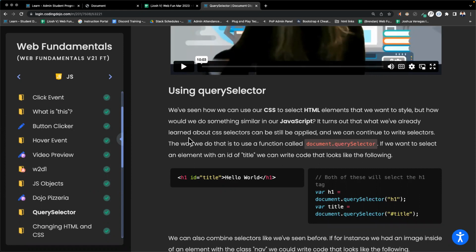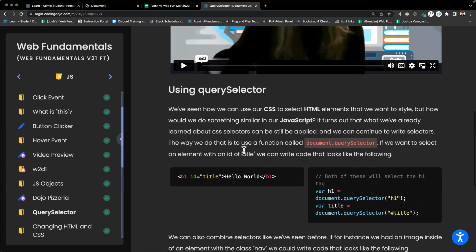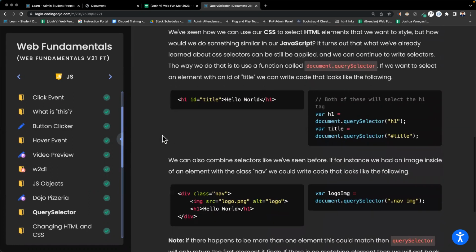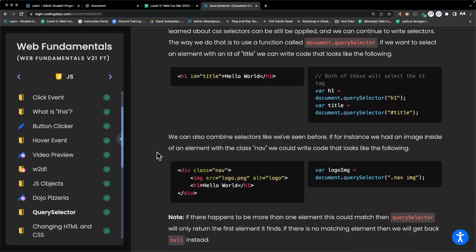If we want to select an element with an ID of title, we can write code that can look like the following. Okay, that's all I have said, just in paragraph form. We can combine selectors like we've seen before. If, for instance, we had an image inside of an element with the class nav, we could write code that